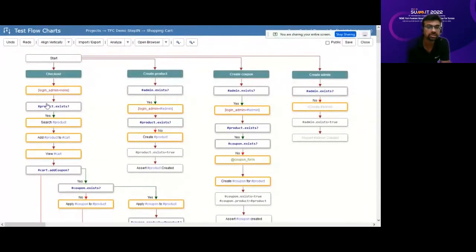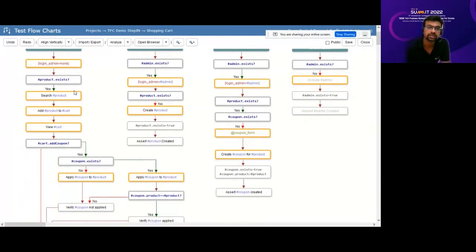Now let us look at a simple case. For this, we mentioned that a product should exist here, right? So what Test Flowcharts does is, when it sees a path like this, it checks, can I find a path where it says the product exists? Okay, so it'll go down this, and here it comes up to the state of product.exists at the end. So it'll say, okay, I will create a product at this point. So it'll automatically match this create product before this.